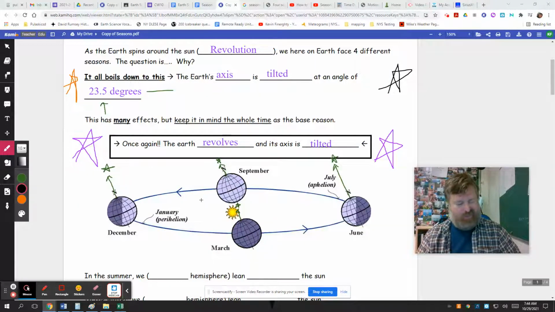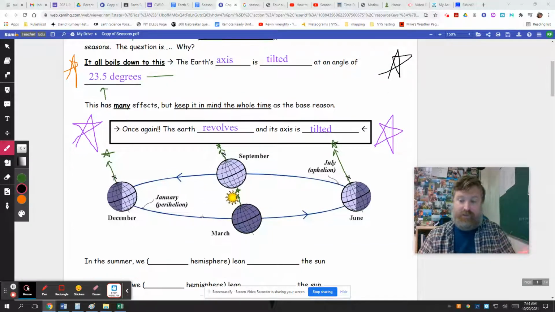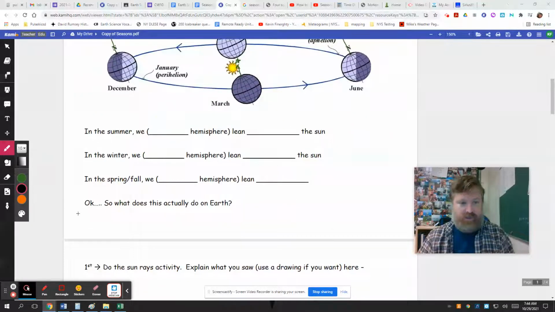And once again, you might be getting sick of it, but we've got to just crank and crank on this until we get it. This is a tilted planet, with its axis tilted 23 and a half degrees off the plane that we orbit around the sun on. Since that tilt remains stable and we revolve, different parts of the Earth are exposed to the sun's energy, giving us seasons.